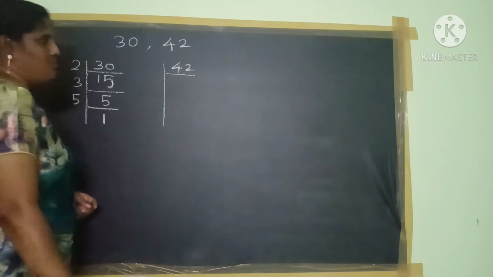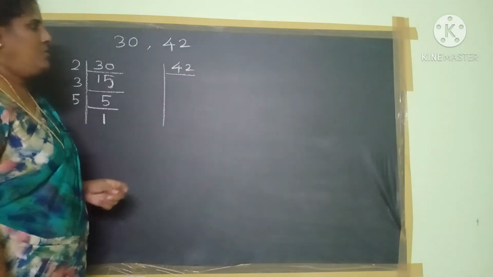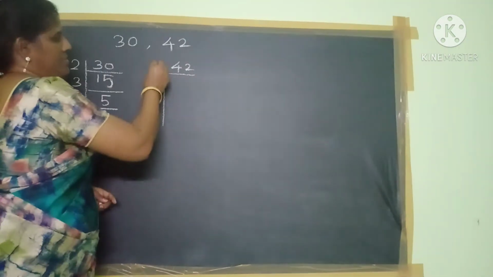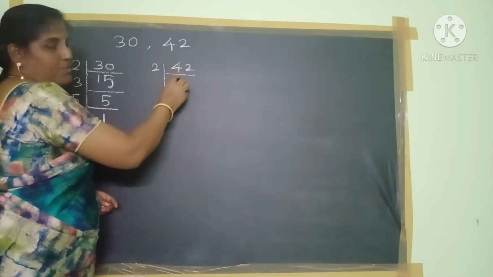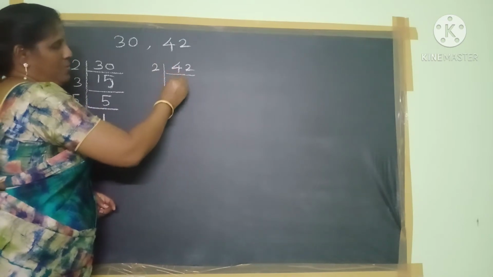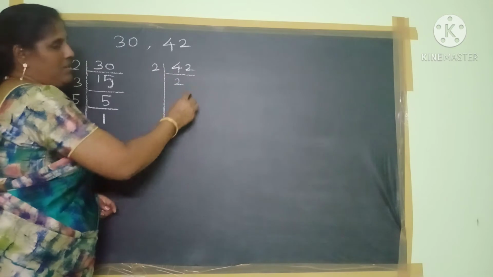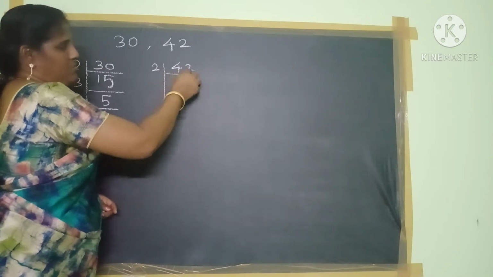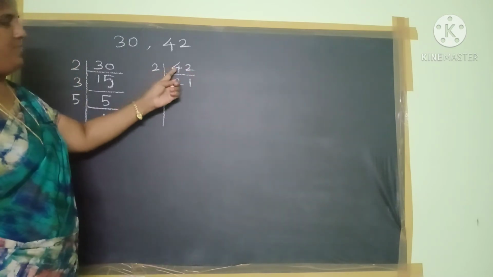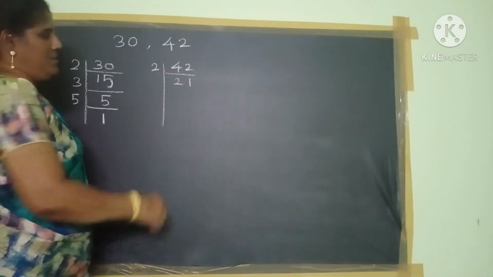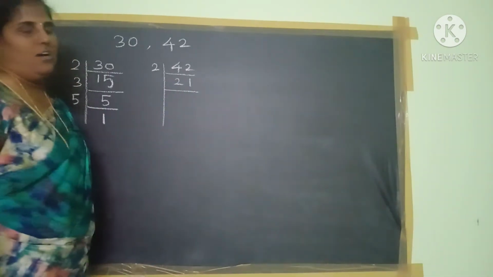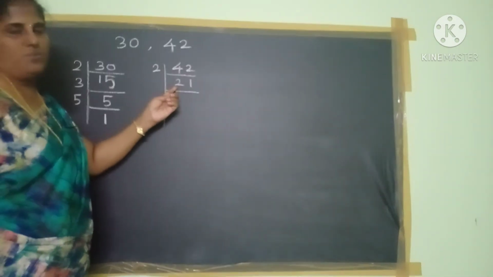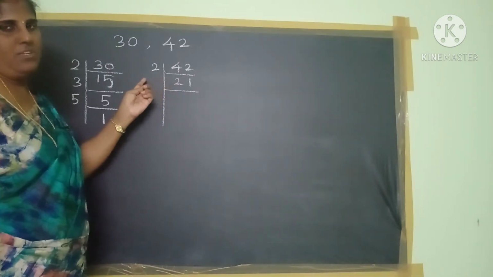So 42 is also an even number. So you start with the 2 table. In 4, how many times does it come? 2 2s are 4, and 2 1s are 2. So 21 2s are 42. Yes or no, children? Next, 21 is not an even number, so you try with the next number, 3